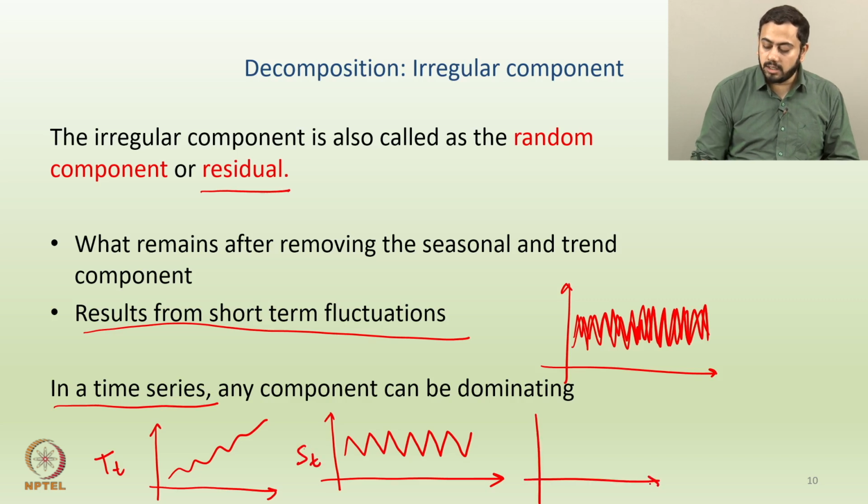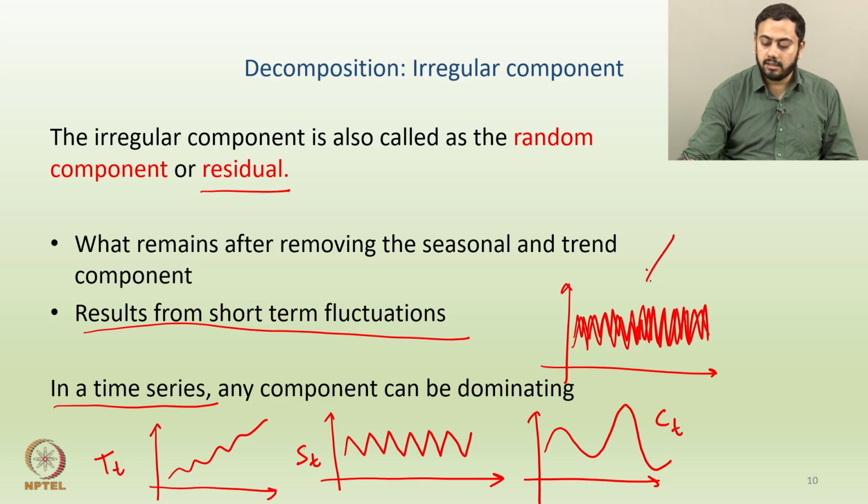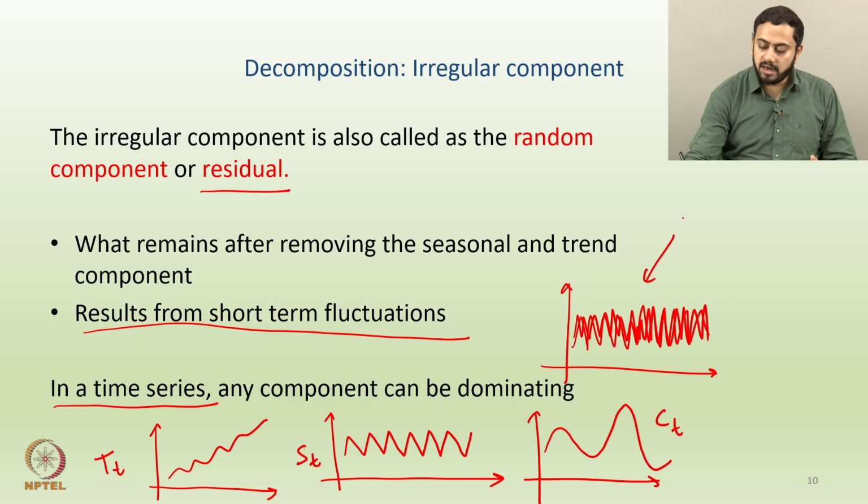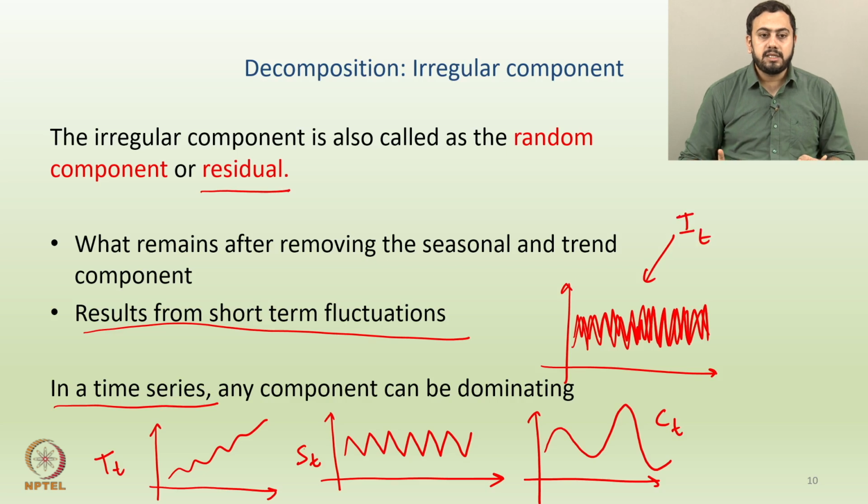And then let us say the third one is cyclical behavior. So let us say a business cycle of some sort. Here you can see that you do not have regular repetitions and there is no trend. So the Ct component is dominating. And for a structure which looks like that, where you do not see any trend or any seasonality or any cyclicality, the random movement or the irregular component is dominating. Okay. So in a particular time series, any component may be dominating. Depending on which component is dominating in that series, it becomes really easy to analyze or forecast or even model the time series in a better way.